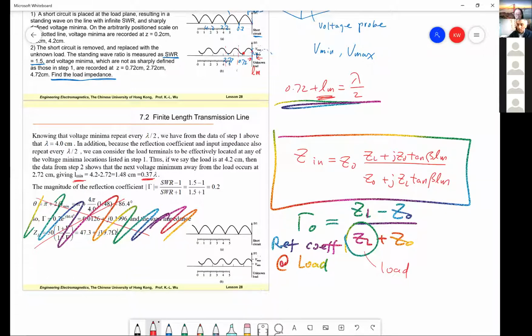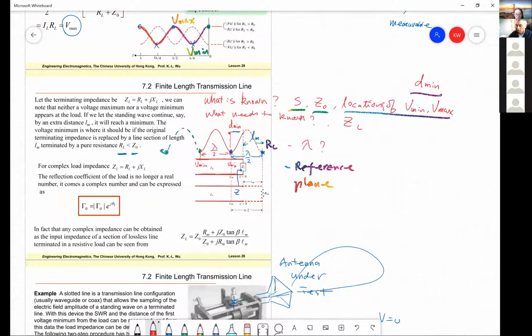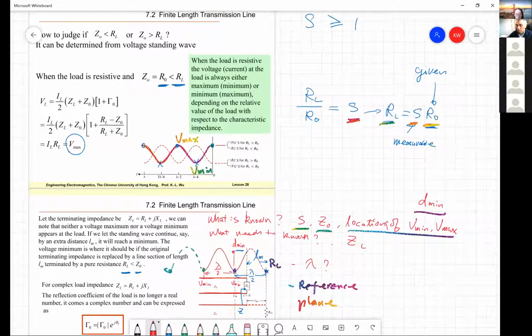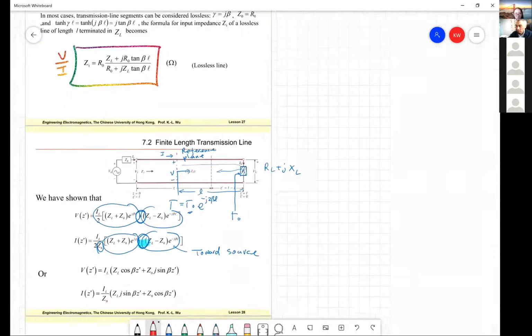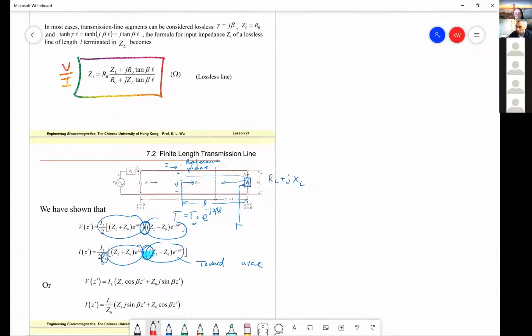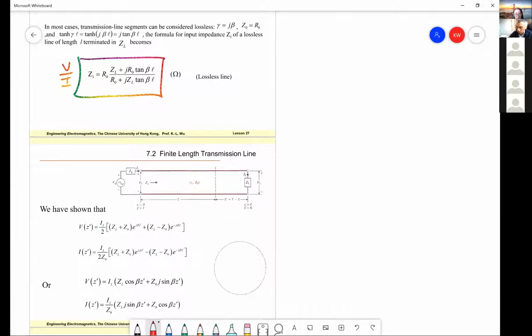Let's look at the general diagram. You can see this is my load, a physical load or load under test, fine. Then if you have a new reference plane,